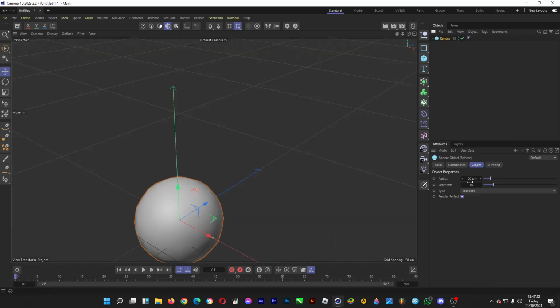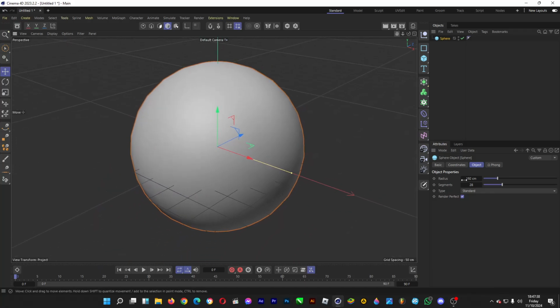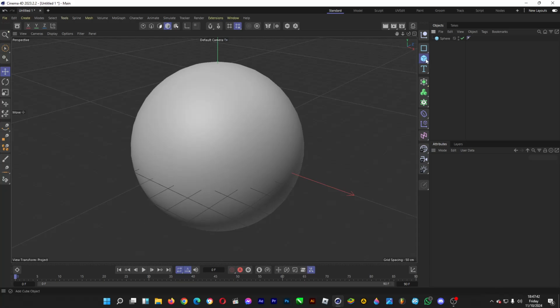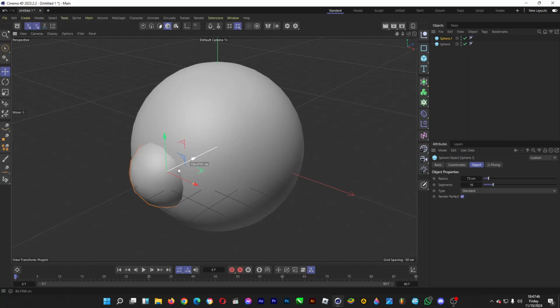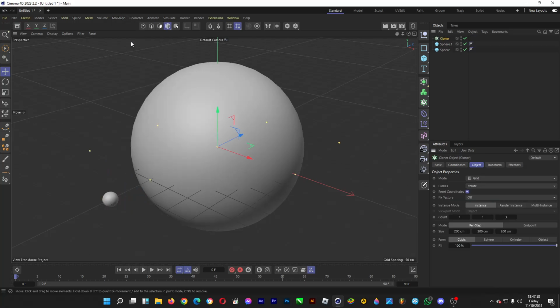Make a sphere just like this. Set the segments to, let's say, 28, for example. No, a lot of them actually. And then create a smaller sphere just like this. Set the radius so that it's much smaller than the radius of the largest ball or sphere, just like that, and then click on MoGraph and then click on Cloner again just like this, and then